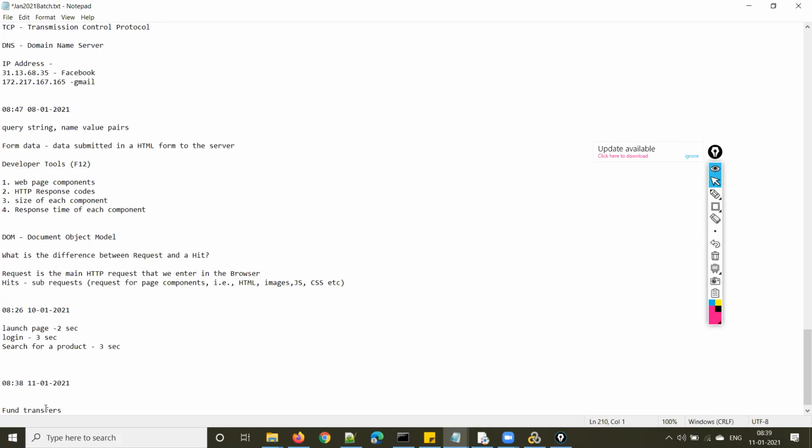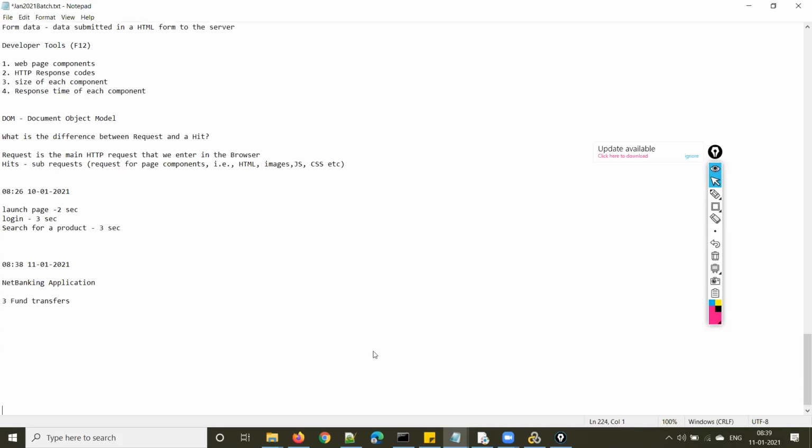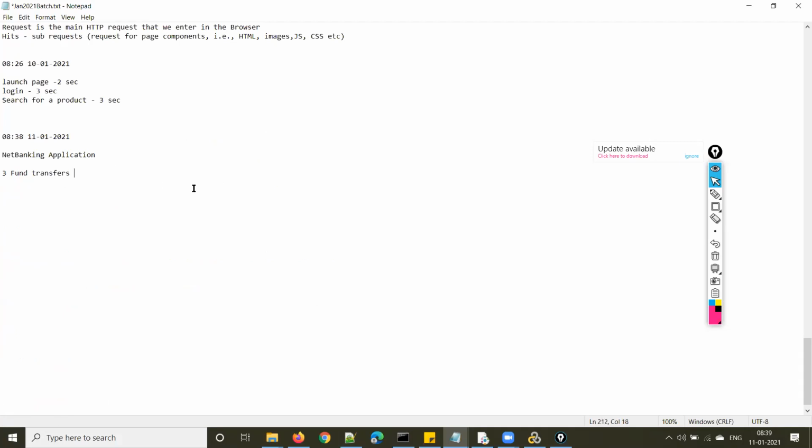You are testing an online net banking application, and you want to do three types of fund transfers: one NEFT, one RTGS, and one IMPS.